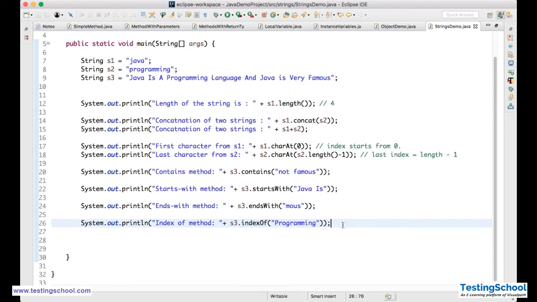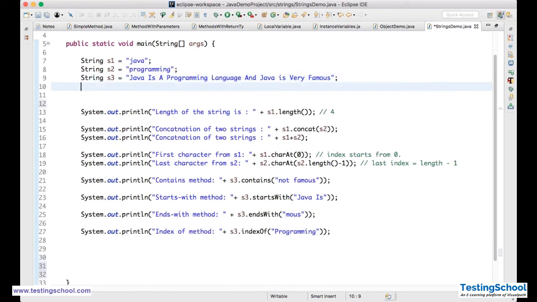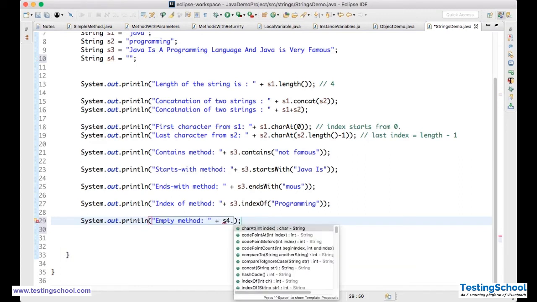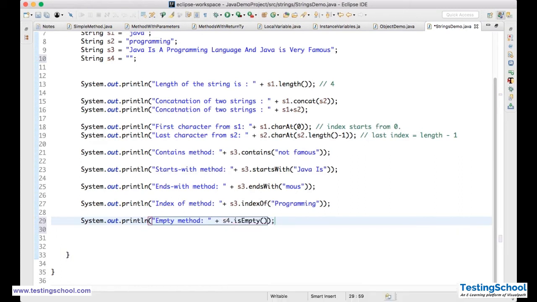So now I'll take one more method. S4 is equal to nothing, there is nothing inside this. Okay, now the isEmpty method, whether the string is empty or not. s4 dot isEmpty.